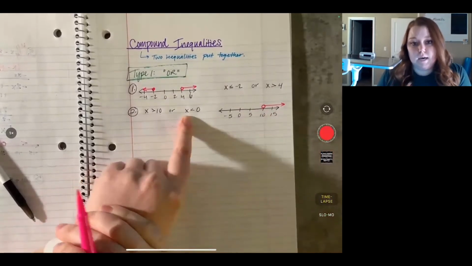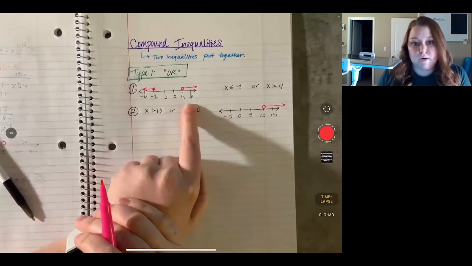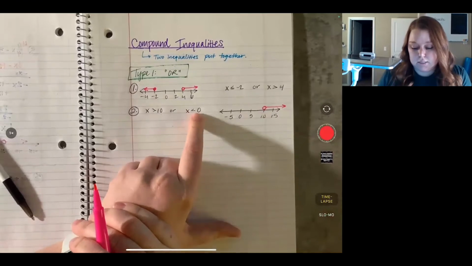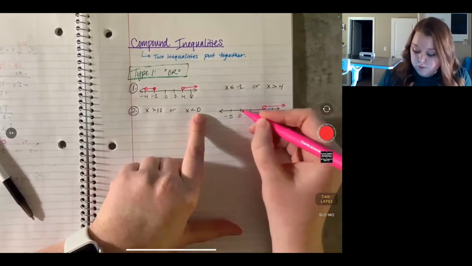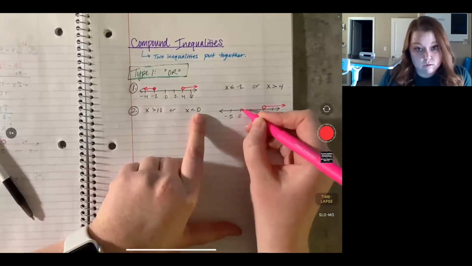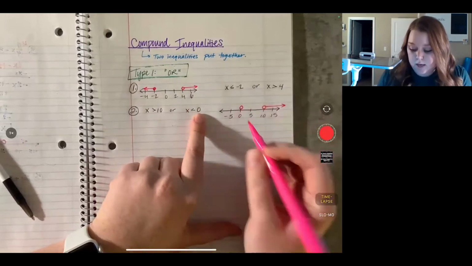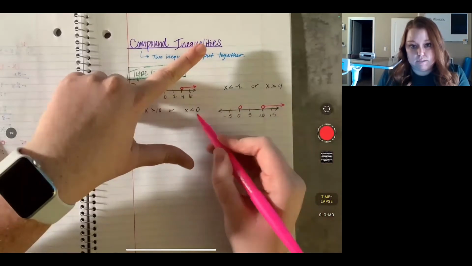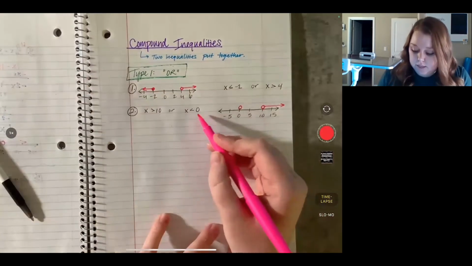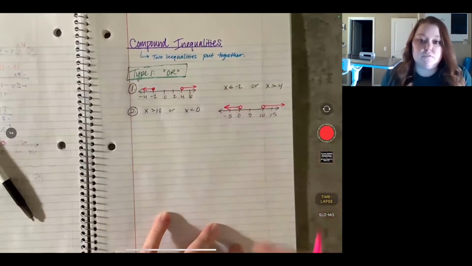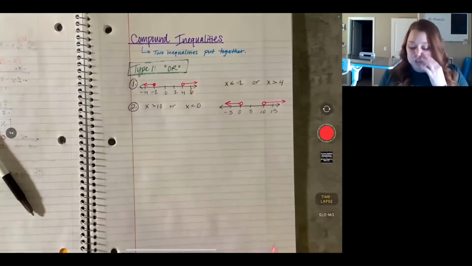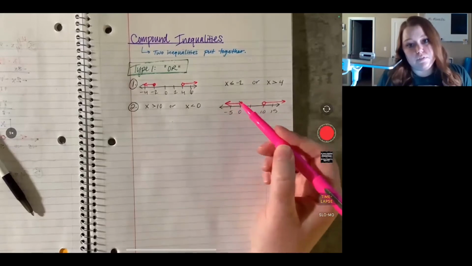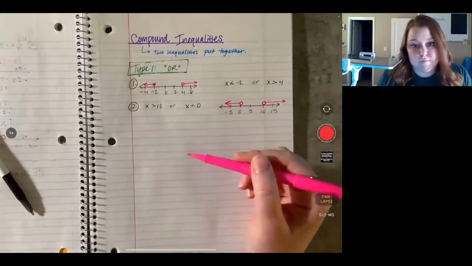Okay, now let's graph our second little part of the compound inequality. X is less than 0. So I go to 0, open or closed circle, open. And since it's less, remember L, slanty L, less than, that's how I know how to read it. Less than 0 would be to the left of 0, okay? So 0 and 10 are not possible solutions here, but anything to the left of 0, so -1, -1,000,000,